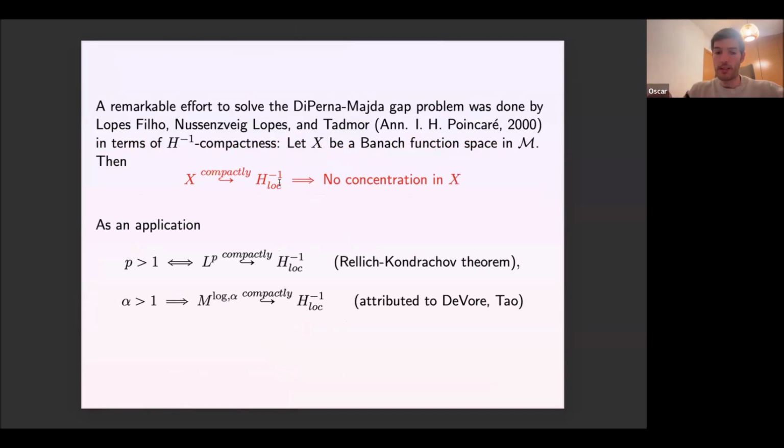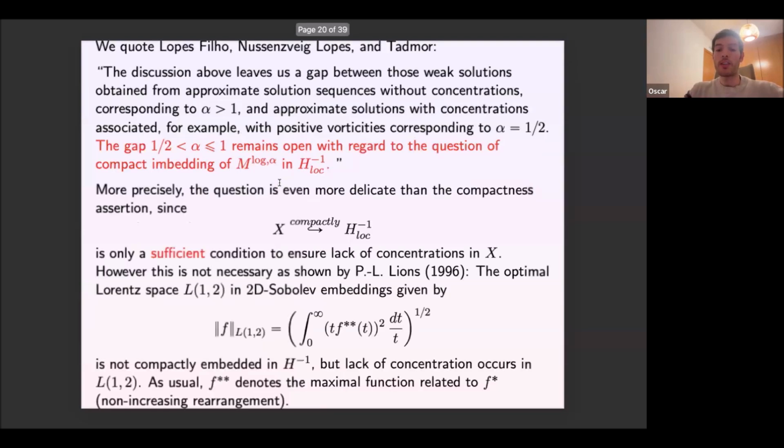It's only one direction. And what is hidden here is that Lions is able to achieve the endpoint because we don't need to work with all functions in X. It is enough to restrict our attention to the set of Euler solutions. Okay? So if you consider here X intersection with the set of Euler solutions, then the corresponding embedding is compact. All right.